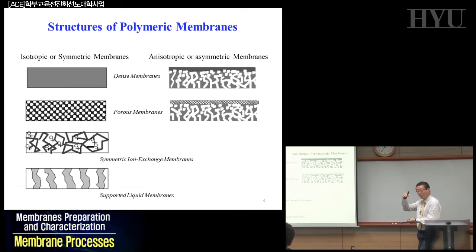Water can go through the dense film, but the flux is very low while the rejection is pretty high, meaning this film will reject sodium chloride ions